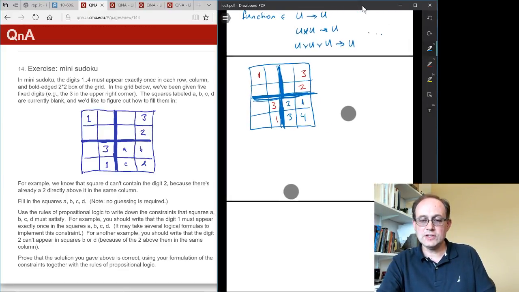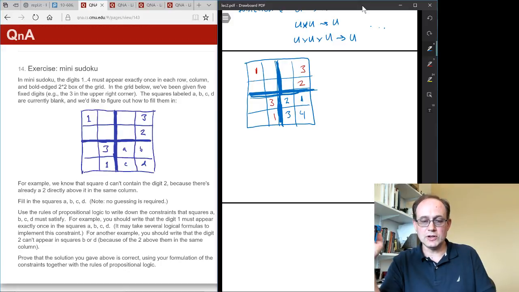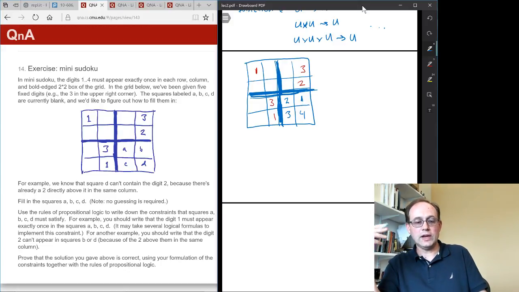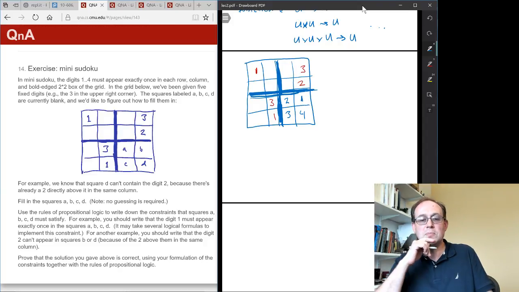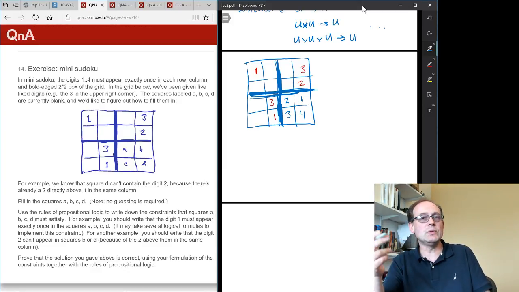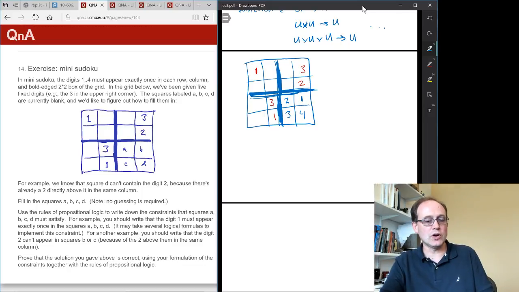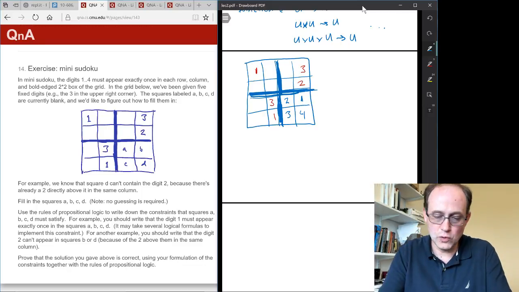And then the next thing that would be interesting is, okay, so that's the process of reasoning. You can do it in your head, but how would we do it using propositional logic? The way we would do that is we would take each one of our assumptions, meaning the rules of the game, and translate it into a propositional logic formula that we would assume. And then we would reason about the conclusions that we could draw from those assumptions. So for example,